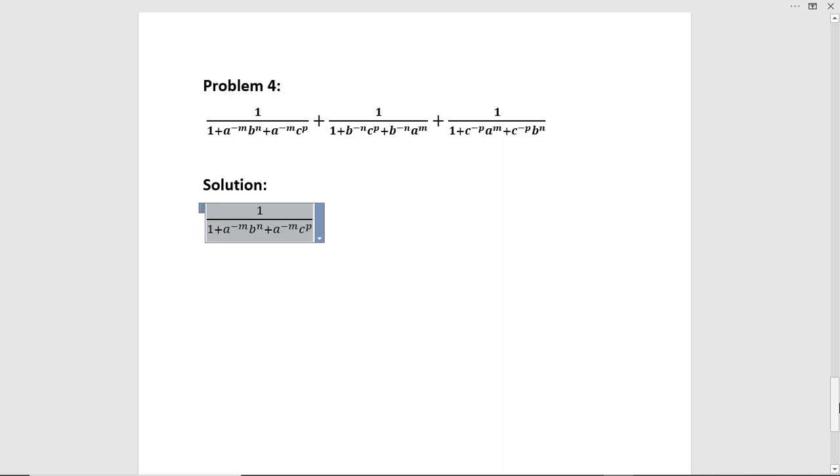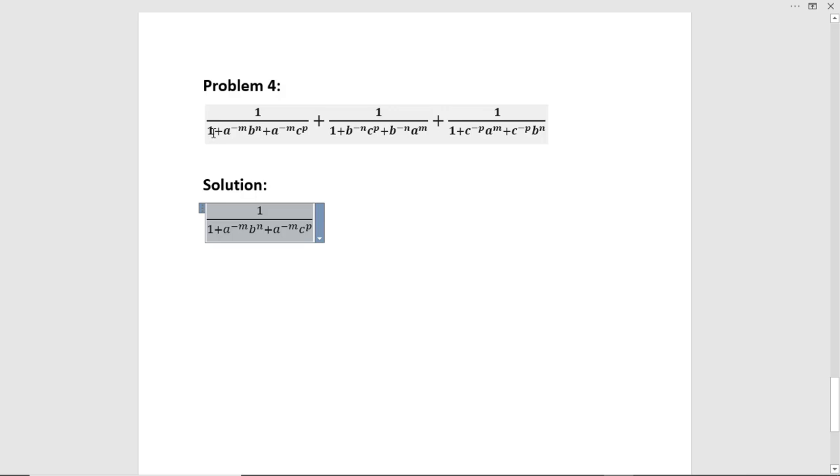Whenever you have this kind of expression, you will have to keep in mind that some pattern is common here. So we have to deal with the pattern. Look at the first fraction. Here you will have a to the power minus m, also you will have a to the power minus m. So think about it. If we multiply a to the power m in numerator and denominator, then we will get a to the power m